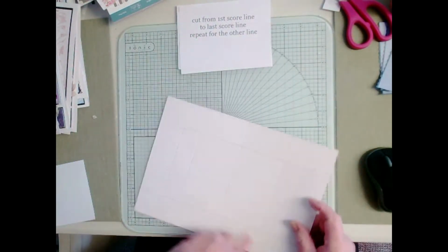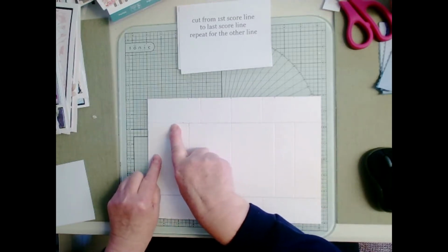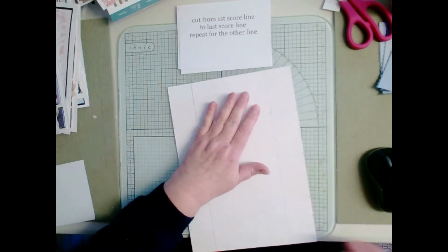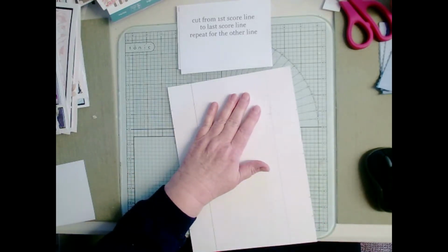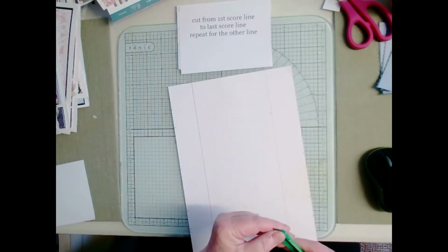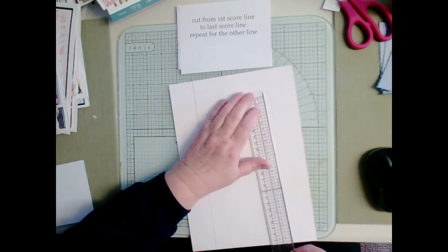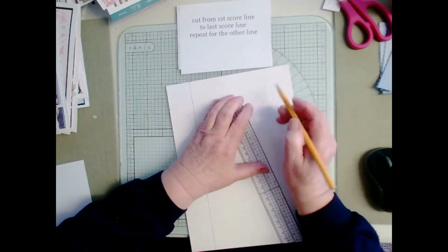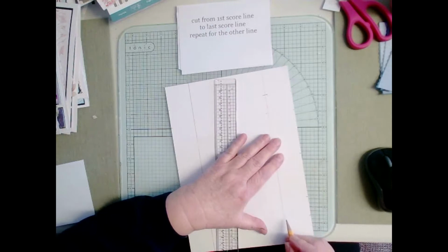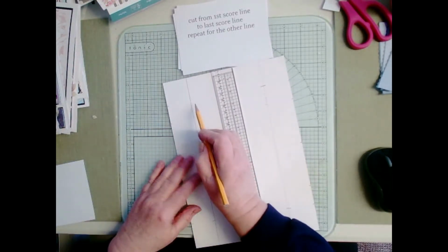So what we're going to do now is we're going to cut from the first score line, which is this one, to the last score line, which is that one. So we're going to take that there. And if you need to, for the sake of it showing up on the video, I'm going to make a heavier line